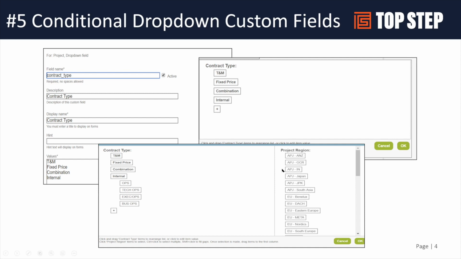In this example, it's all drag and drop. I can drag and say, when I pick T&M, these are the values. I drag them over. For internal, if internal is selected, then only these values are available